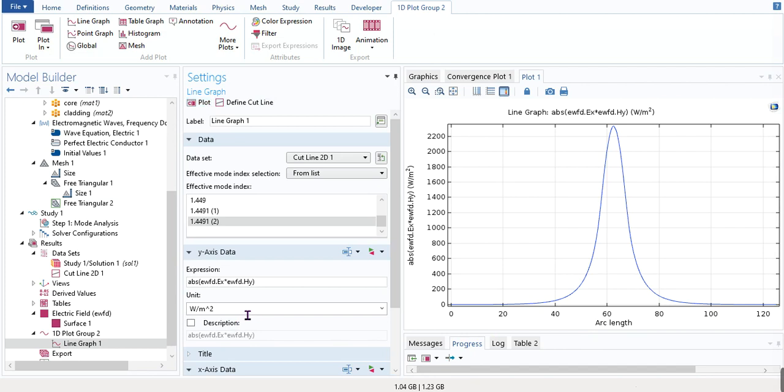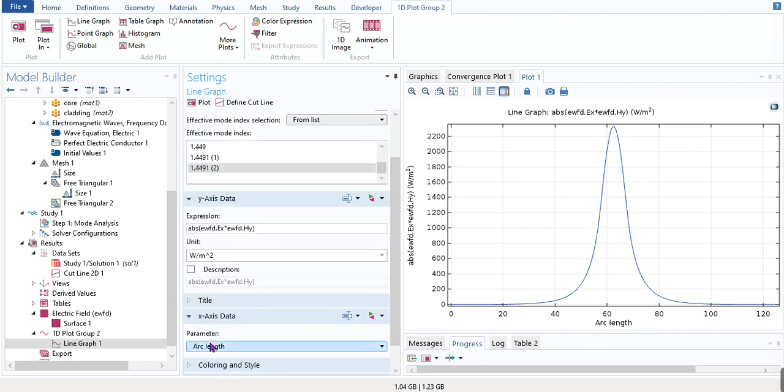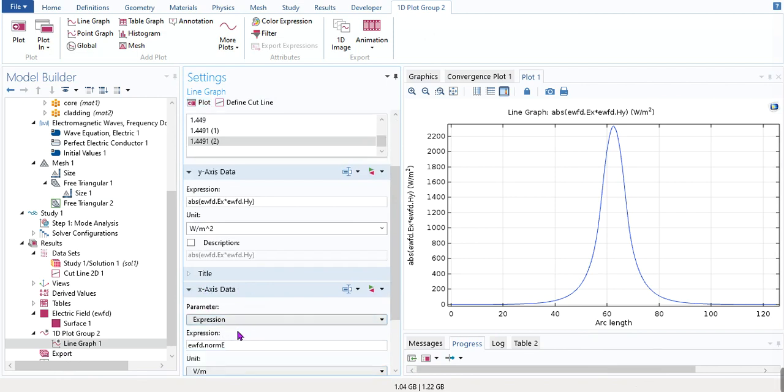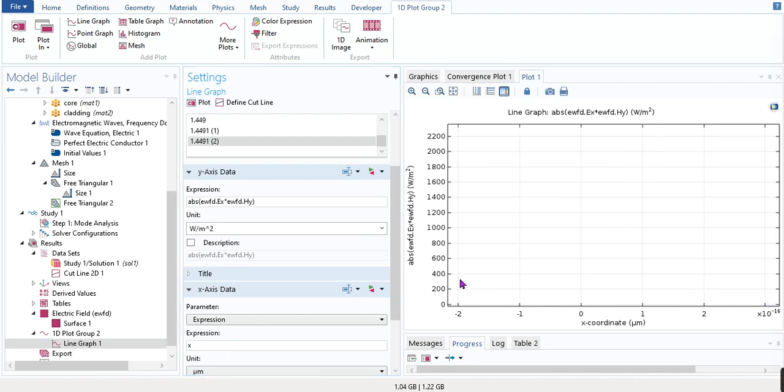If you want to change arc length to your coordinates, just write expression, that is X. This is Y cut, so your expression will be Y. So from here you can see that a peak is there inside the core region.